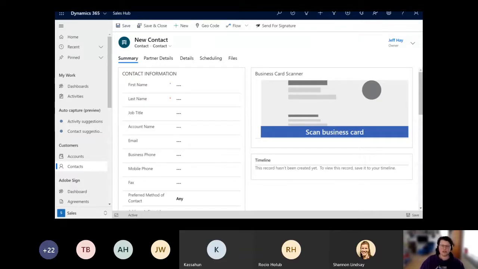You can change it a little bit if the scan was not completely correct, and then you can save it. So getting your contact information into your system becomes a lot easier instead of having to type it over. One note is that the quality of the outcome depends highly on the quality of the business cards. I've seen some business cards that have bad design with too much coloring, not enough contrast, and then you see that this model also finds it hard to read the information.